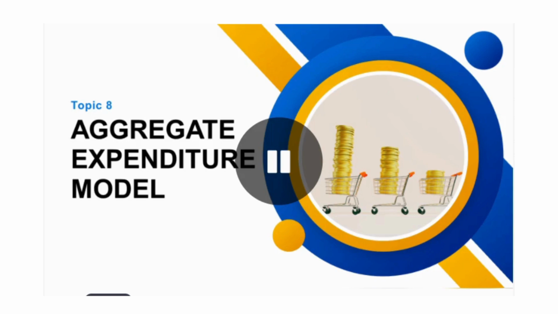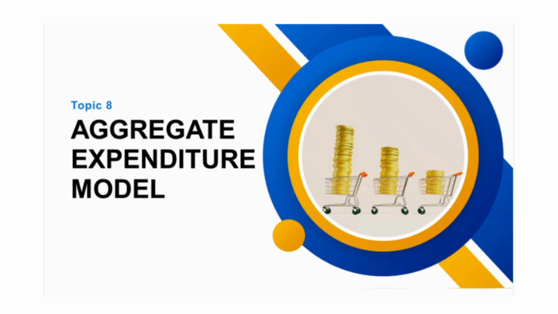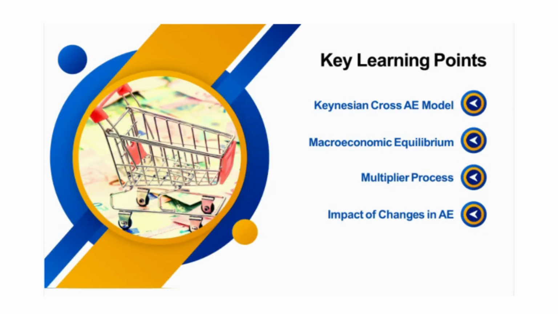Welcome to Topic 8, where we will explore the aggregate expenditure model. This model is crucial for understanding how different components of spending interact to influence the overall economy. In this session, we will cover 4 key learning points: the Keynesian Cross-A model, macroeconomic equilibrium, the multiplier process, and